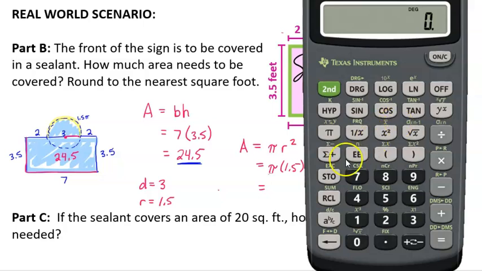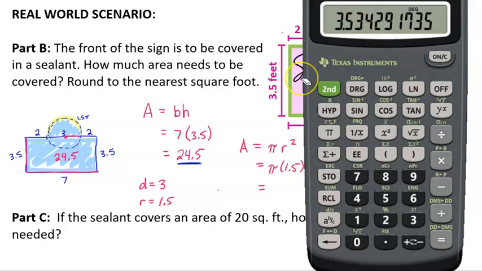And so I normally type pi at the end, so I'm going to put in 1.5 squared and then times pi, and then make sure you hit equals. Now remember that we had the entire circle that we calculated for our area using our formula, and we only want half of that. So the area of the entire circle would have been this 7.06858, but we want to divide that by 2, so we're only taking half of our circle. So we're going to say divided by 2 equals,